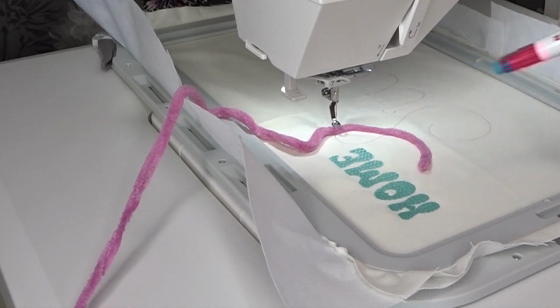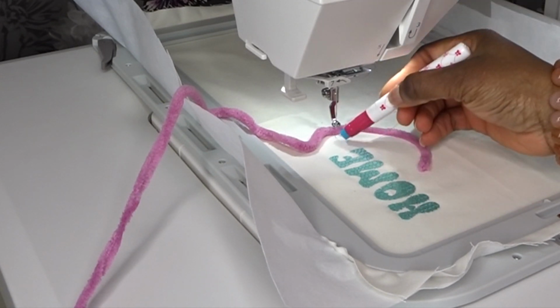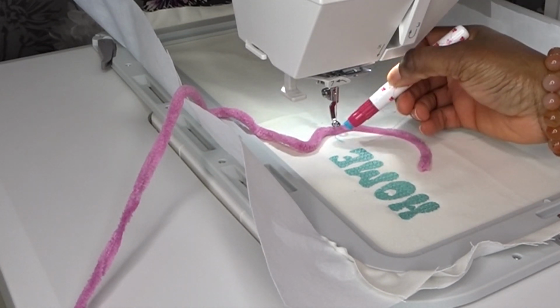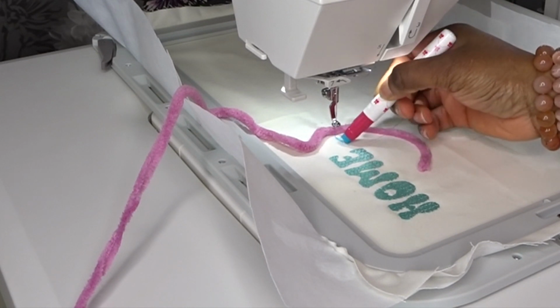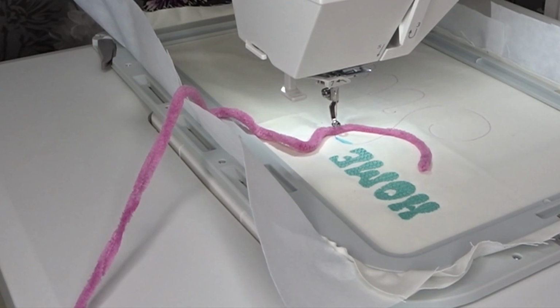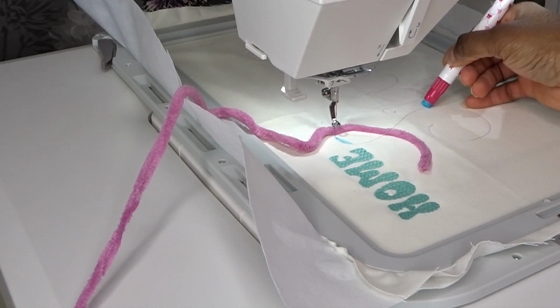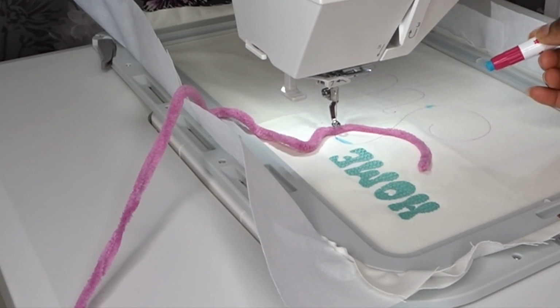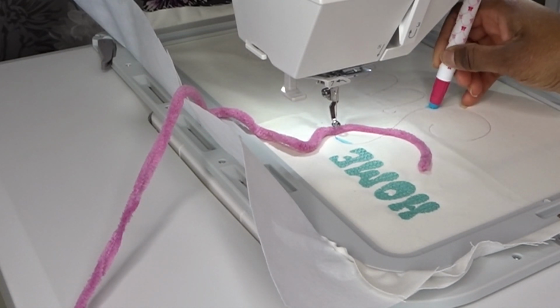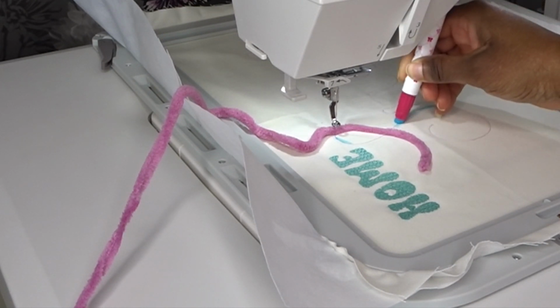Okay, so that's that bit done. I had to do a little finagling. Right, the next part of my design is coming up to about here, and I can see that on my screen, so I'm just going to put some glue just past that space